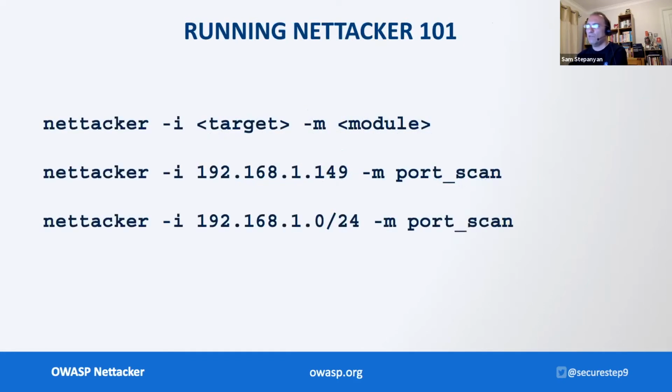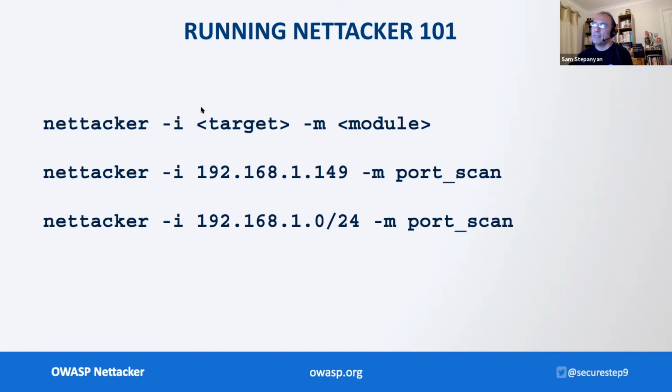Before I proceed with the demo, I will actually tell you how you run Nettacker, right? My problem was when I ran Nettacker for the first time, I couldn't understand how to use it. So remember this, to use Nettacker, you need two things. You cannot just run it without any parameters and expect it to do some magic. You need to provide it with two parameters on the command line. You need to define a target using -I, that's what it is that you are scanning, and -M,